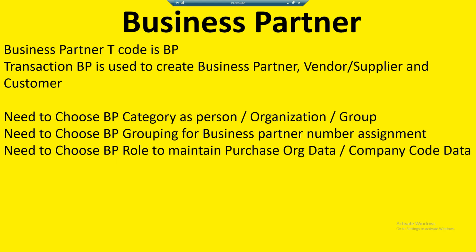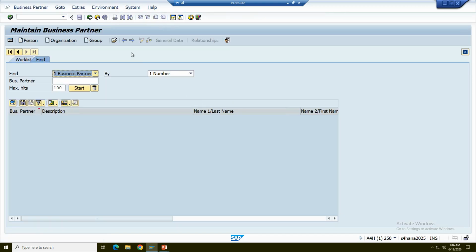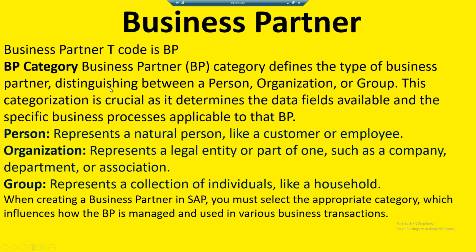Let us go to the business partner transaction. BP and enter. Can you see here? We have to choose whether it is a person, organization, or group. Here, if you go to the next slide,